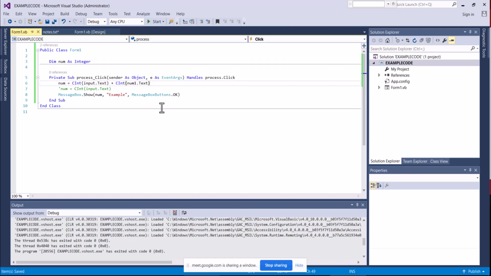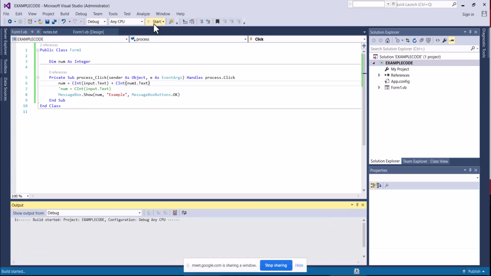What could be the output of line 6 especially? Let me run it and show you what it gives us. So this is the code we've got. If I run it,